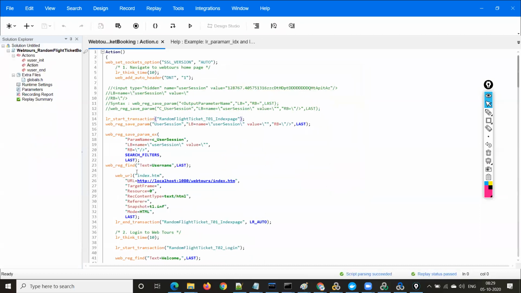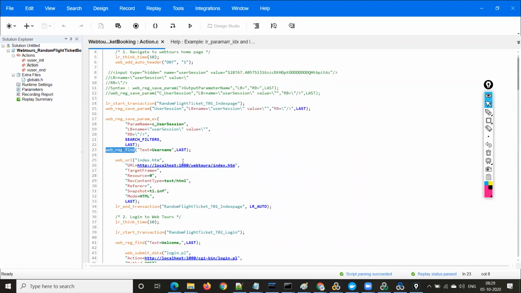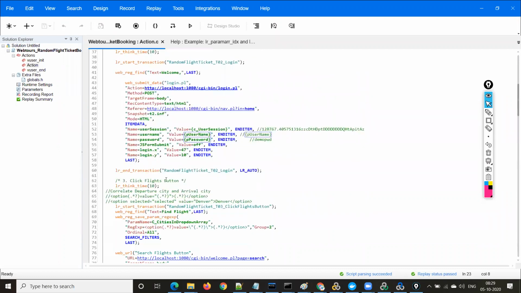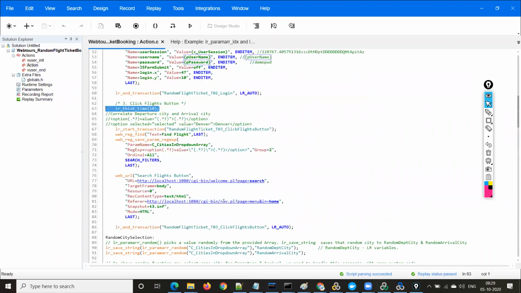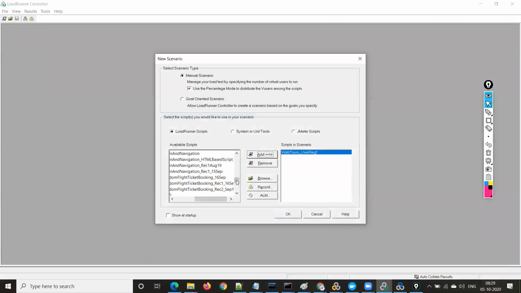Let me see if this is the completed script. Yes, here you have transactions and the web find and everything. So this is random flight ticket booking. And think time also, 10 seconds think time throughout the script. Now let's select this script also. Web2 random flight ticket booking is the script name.